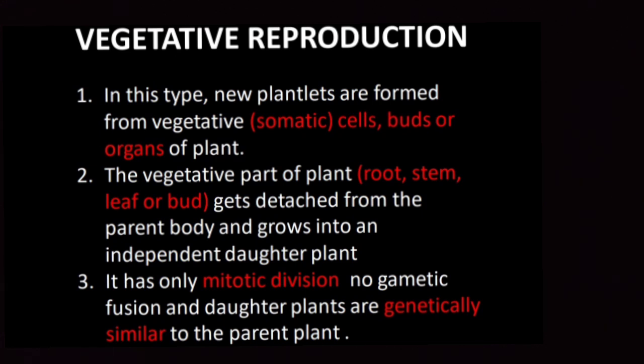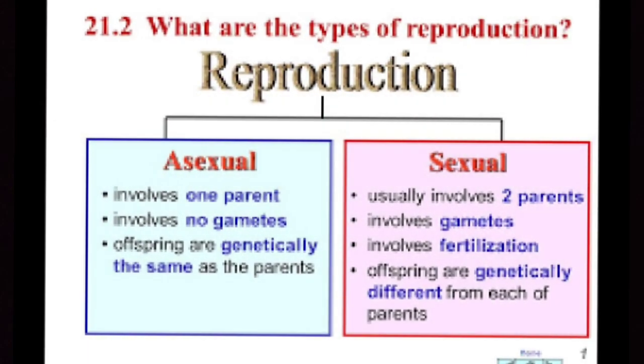This also has 3 points. First one, the corolla is the second accessory floral whorl consisting of petals. Second one, the petals of the corolla are usually variously colored and of delicate structure. Third one, the primary function of the corolla is to attract insects for pollination and also to protect the essential organs. And the third whorl, after calyx and corolla, is androecium.